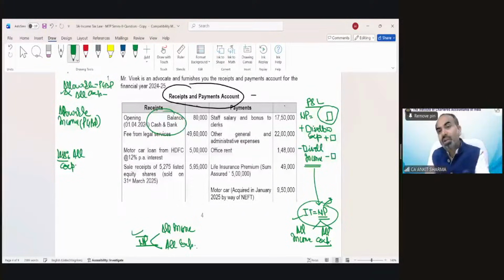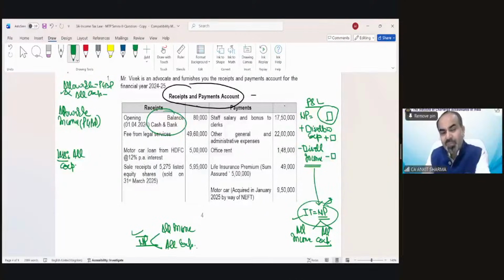That is what we want in P&L also. So the thing is the same. It's just that the process has changed. In P&L, there would be a profit, so we have to add back and minus. In receipt and payment, this process is easy. Consider only incomes that are allowable business income, and reduce only those expenditures which are connected to my business. So the answer would remain the same. In both cases, the intention to derive the profit is the same.